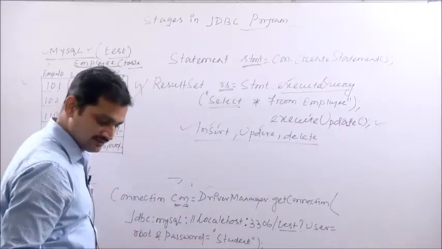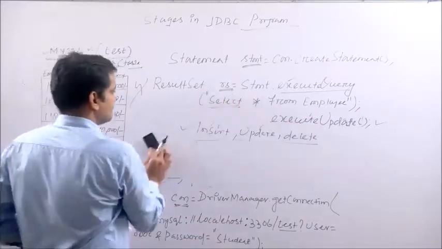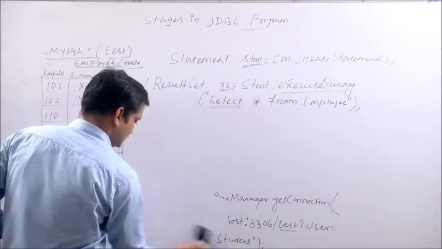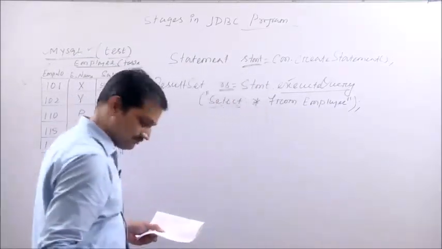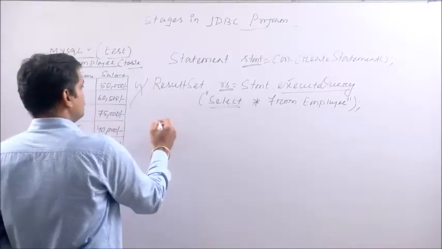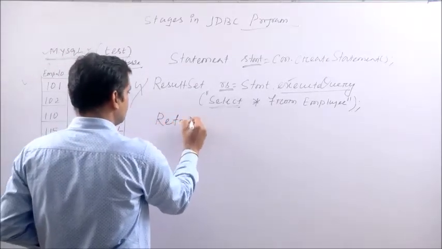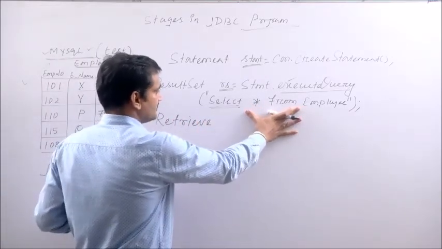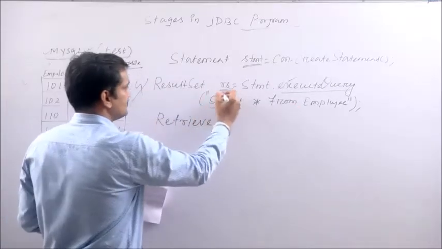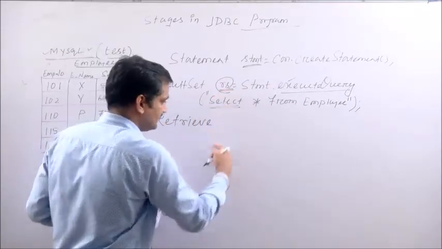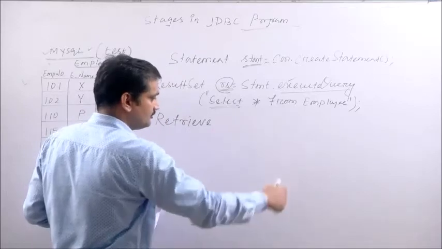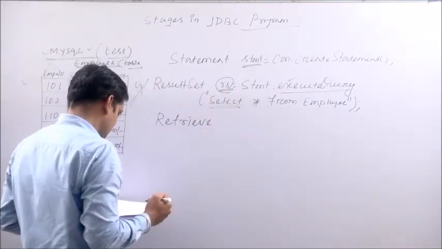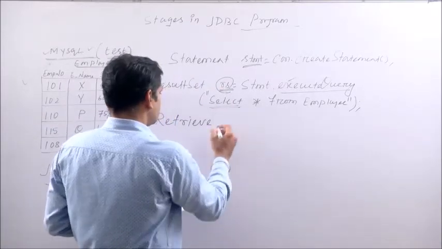Then next is retrieving the result. Once the result comes into the result set object, you need to retrieve it. You need to get it in your application. Whatever this execution produces, all these records come to the result set, but we should see it in our application, in our Java program. We should be able to see what data, what result comes. Now all of it comes and is stored in the object. So how to get it? Retrieving the result.